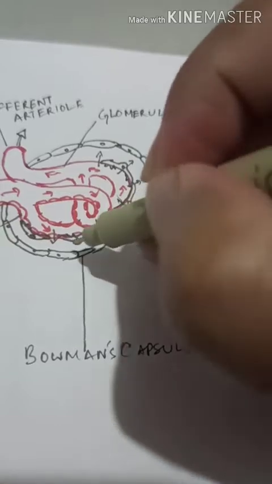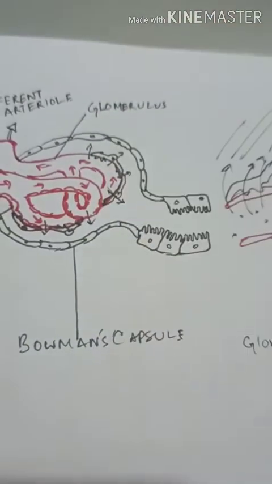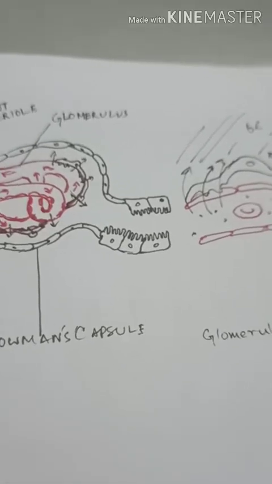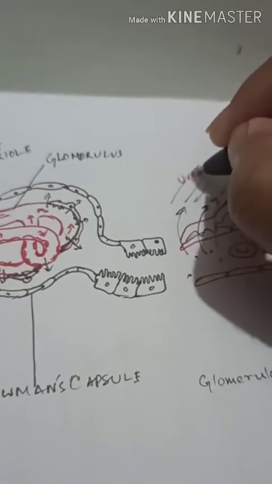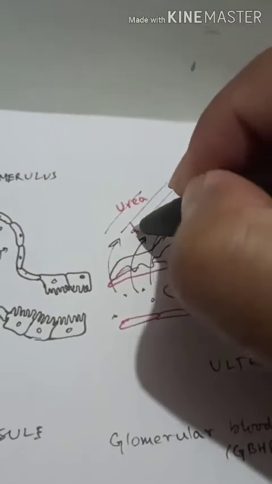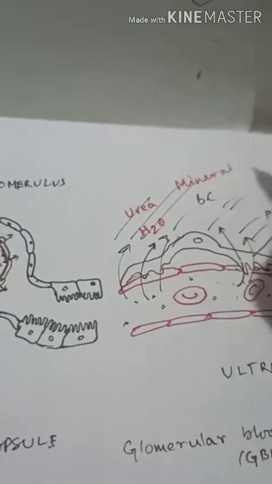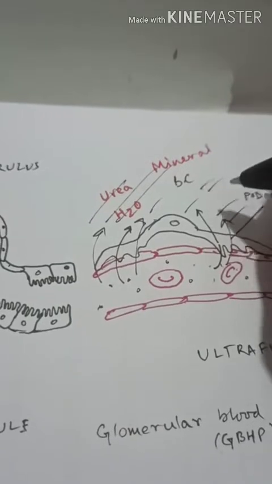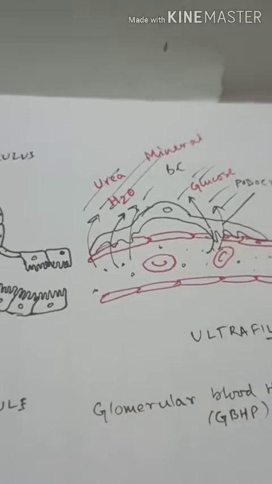This pressure is when all this fluid and everything get inside this chamber, because when this diffusion is taking place, it is not only the solute particles, like the urea and all these things. Not only urea, but water also gets inside, minerals also get inside the Bowman's capsule. Everything will actually diffuse inside, even glucose.